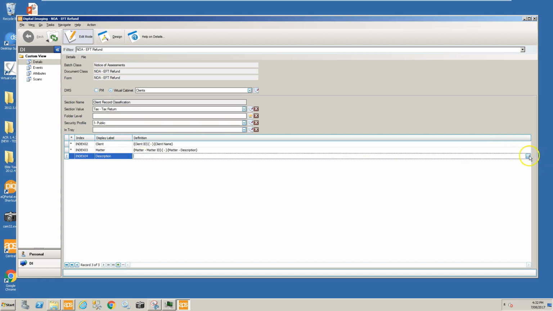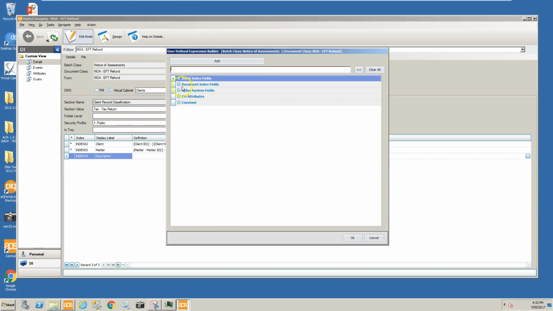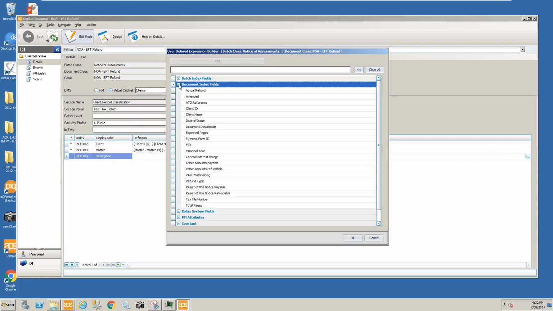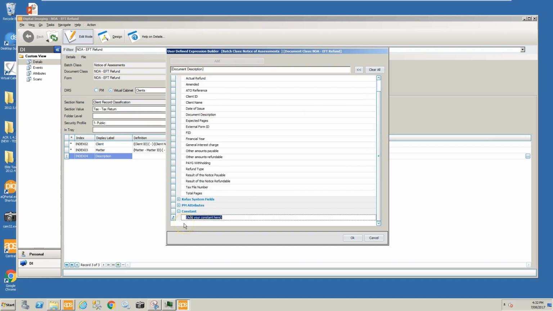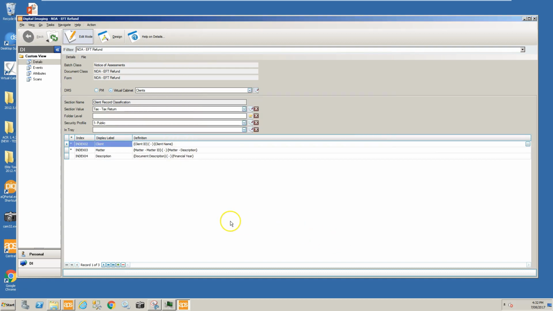So in this case we may choose that we would like to fill index 4 with a description of the document. So once again I'm going to use the document index field to use the document description value, and I can just drop the document description by double clicking on it or clicking click here to add. I might want to continue building the construct by saying also I wouldn't mind having, for example, the year added to it. So I would like to have a space hyphen space and then add the document's financial year value. If there are any other indexes, of course you can keep hitting the plus sign and continue adding